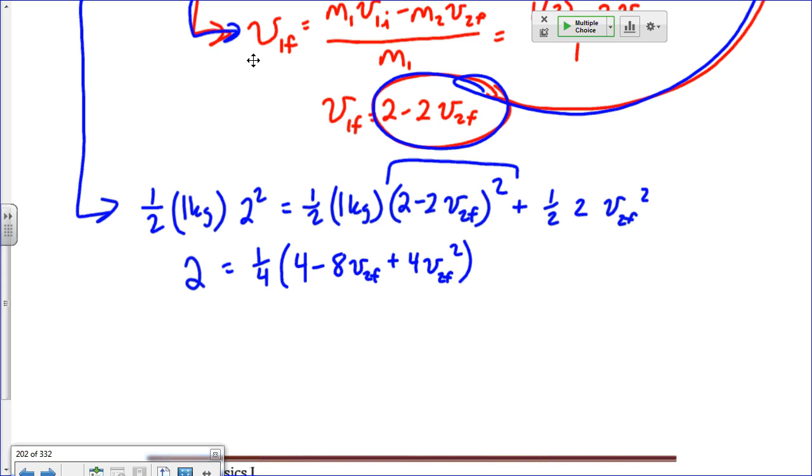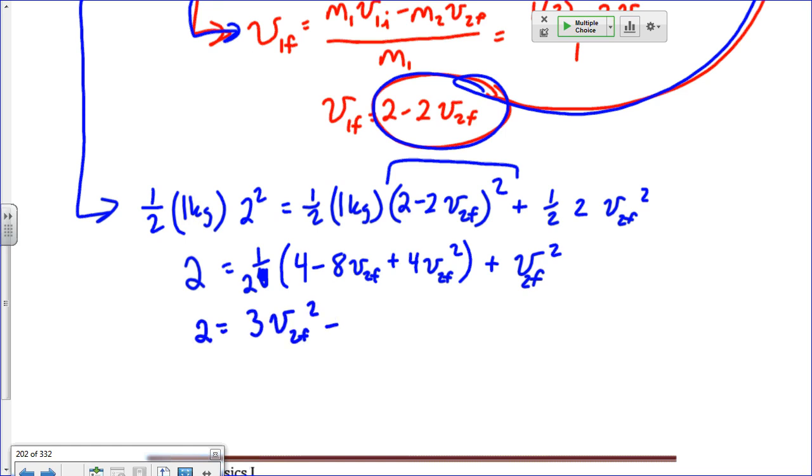That's just doing FOIL on that 2 minus 2 V2F, plus V2F squared. And actually this isn't a quarter, this is a half here. Sorry. And then I can distribute that half and combine like terms. And I get 2 equals 3 V2F squared